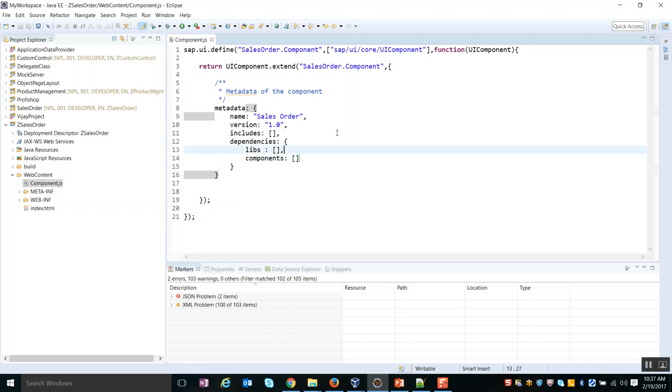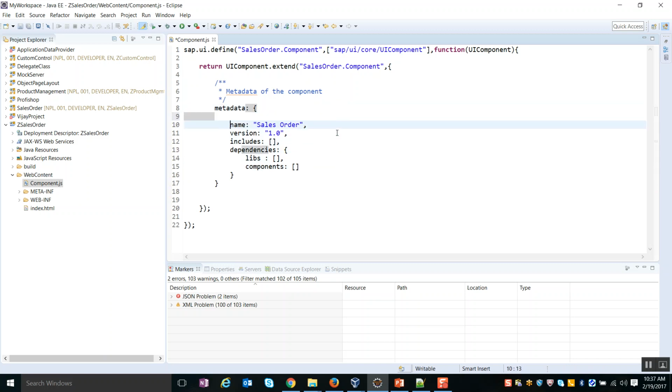These are some of the general information that we specify in the metadata. So I just overwrote this metadata object with some information: name, version, includes, dependencies, libraries and so on.